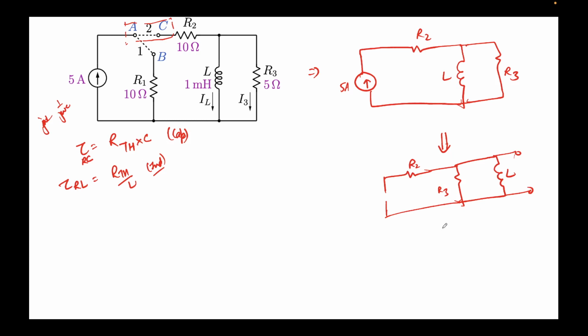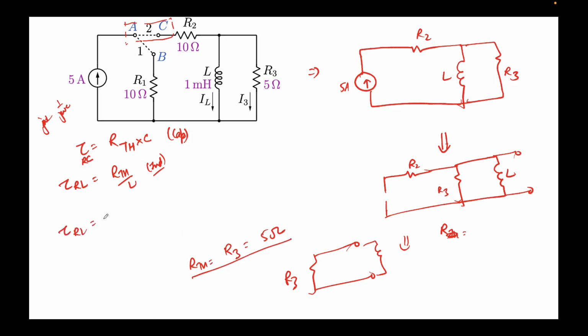So if R2 gets open, then you can clearly see RTH. Let me draw it again one more time. This is R3, and this is the L that we have applied. So you can clearly see that RTH will be nothing but equal to R3, which happens to be 5 ohms. So RTH comes out to be 5 ohms, and then tau RL will come out to be 5 ohms divided by L. L is 1 millihenry. So this will come out to be